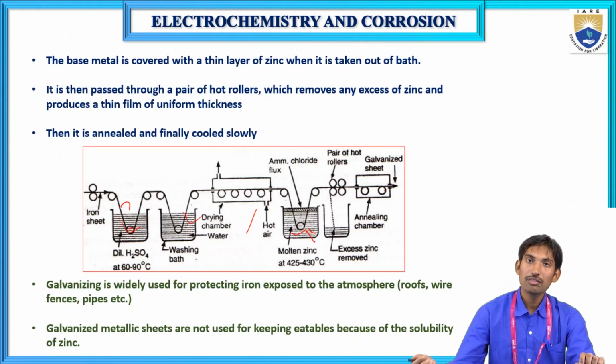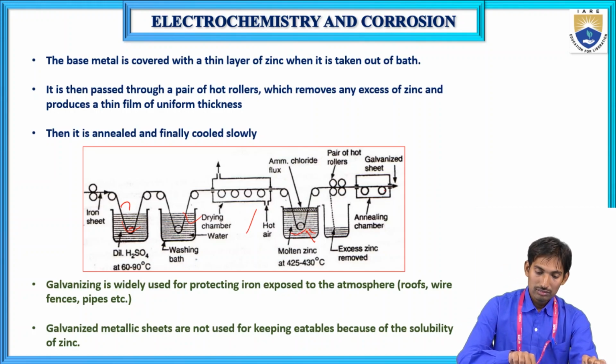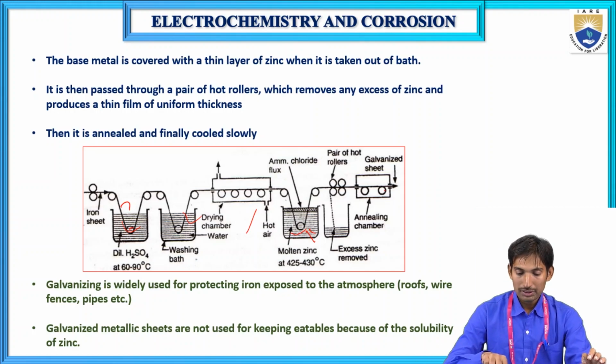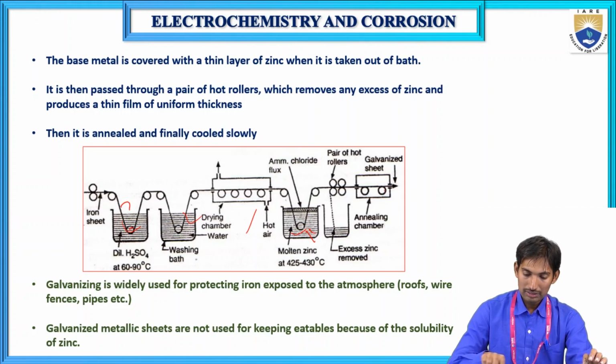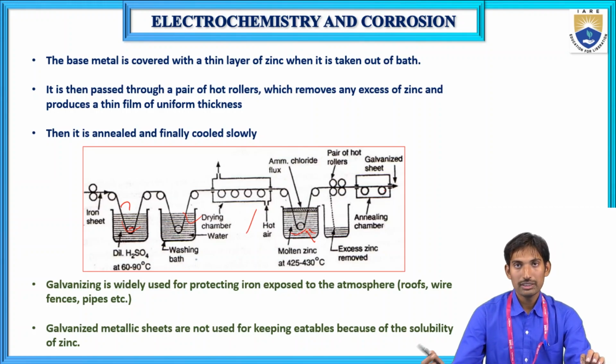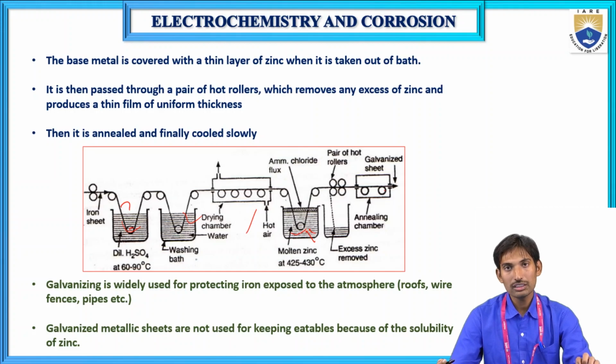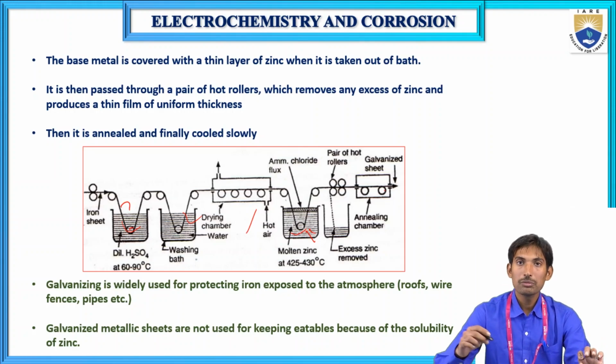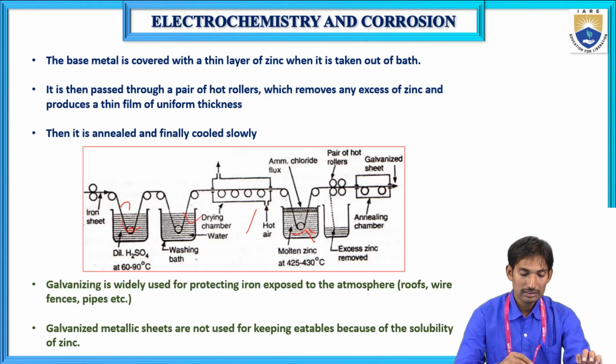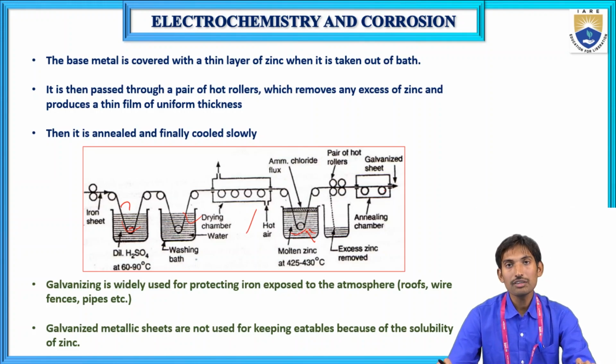We have to send our base metal into the washing bath. In the washing bath, we can remove all these impurities and excess dilute H2SO4 present on the base metal. Then we have to send this base metal into the drying chamber. In the drying chamber, the base metal will get dried. Then we have to immerse the base metal or iron sheets into the molten zinc at 425 to